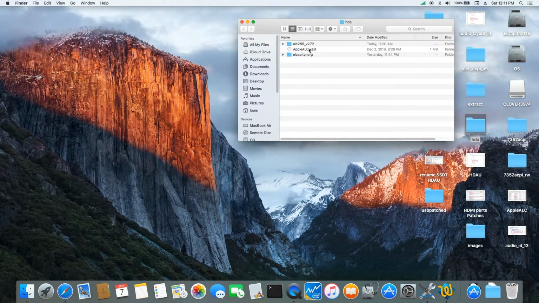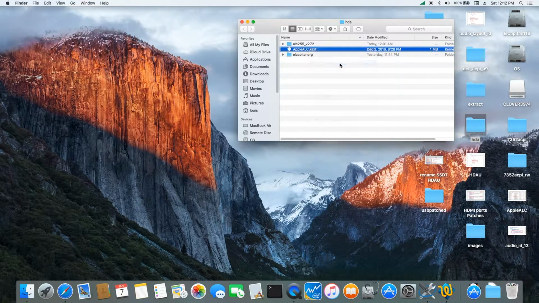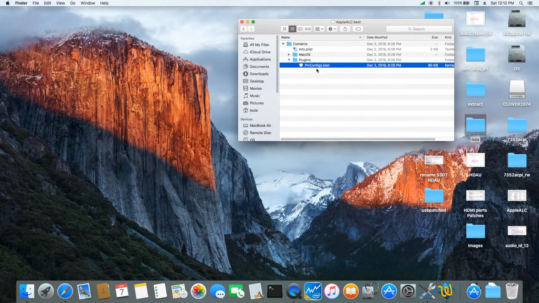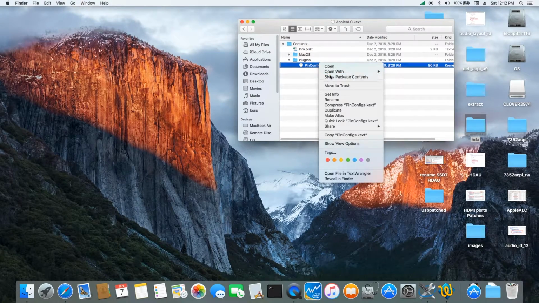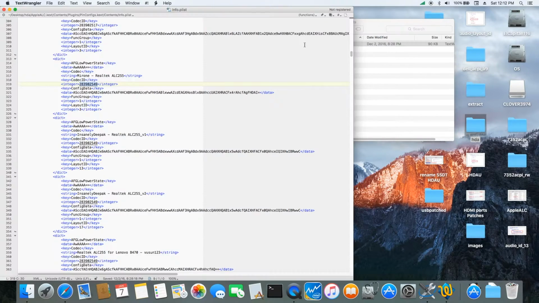which layout they have, by show package contents. So every time we want to patch, we're going to look in here. So they have the pin config. So we look at the Info.plist. So ALC255